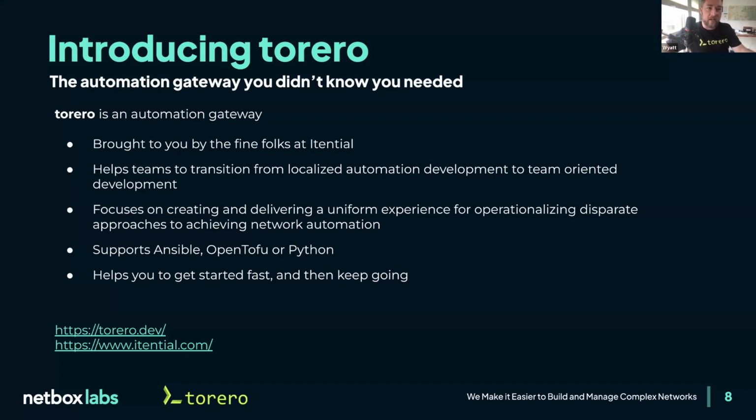So what we've created and designed is an automation gateway. It's something in front of your automations that allows users who don't know about your automations to use them. And this is huge. This is that moving from me to we concept. I've written my scripts, I've done my thing. How do I move it to a we-specific type of thing? So the idea is transitioning from that local environment, my laptop, to a team-oriented environment.